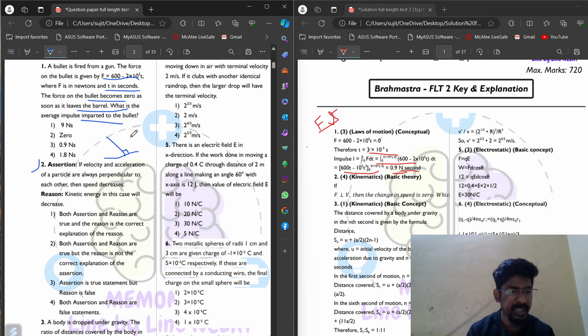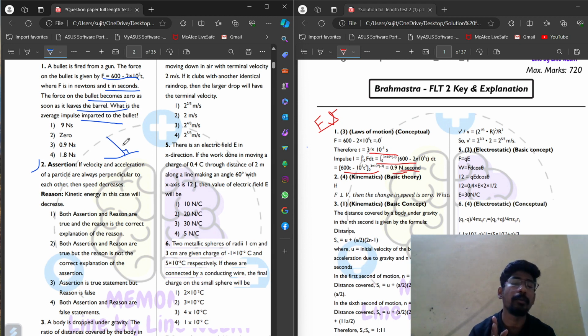Kinetic energy in this case will decrease. Okay, kinetic energy is given by the formula half mv square, right? You all know that the kinetic energy formula is given by half mv square. Now let's calculate velocity and acceleration. If acceleration and velocity are perpendicular to each other, then